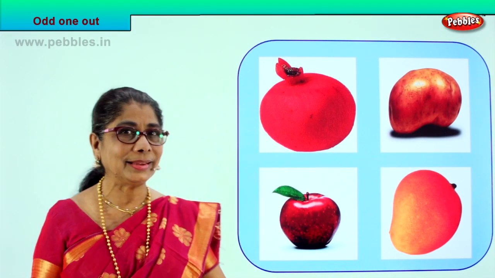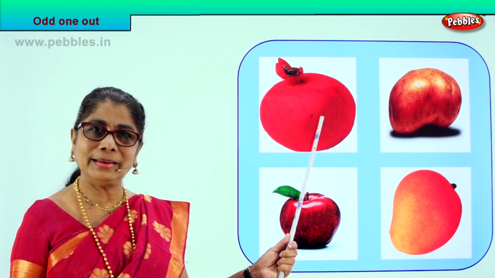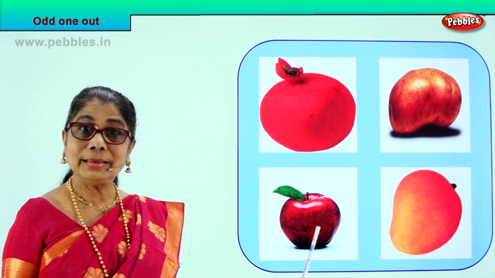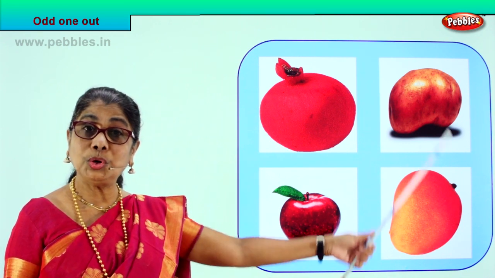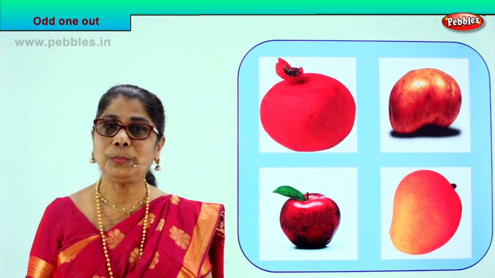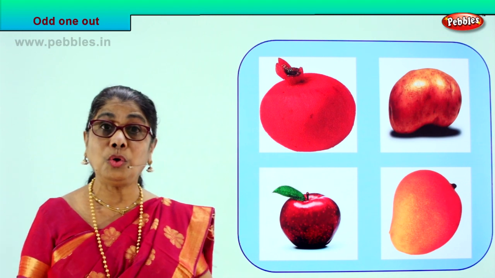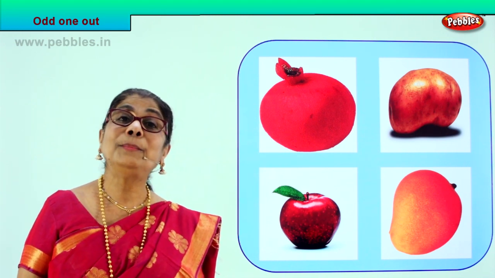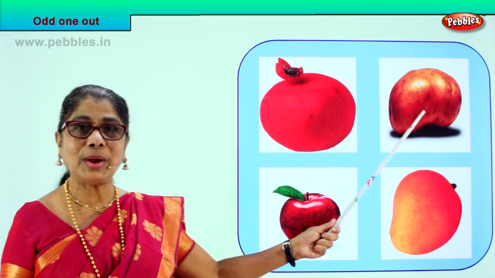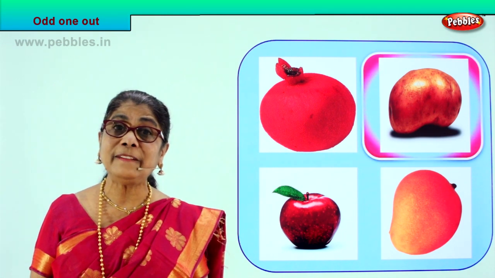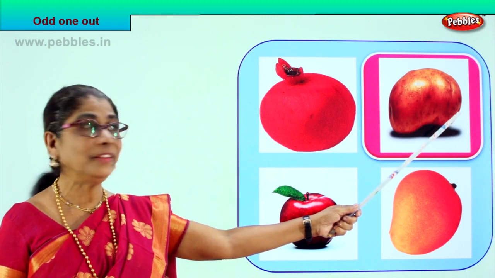Okay? Good. Shall we take our next exercise and see how smart you are? Good. Look at all this. Look. What is this? Pomegranate. Good. And what is this? It's an apple. Good. And this one? It's a mango. Good. What is this? It's a potato. So, you have pomegranate, apple and mango. All 3 belong to what family? Fruit family. Very good. And this one, potato, it belongs to the family of vegetable.